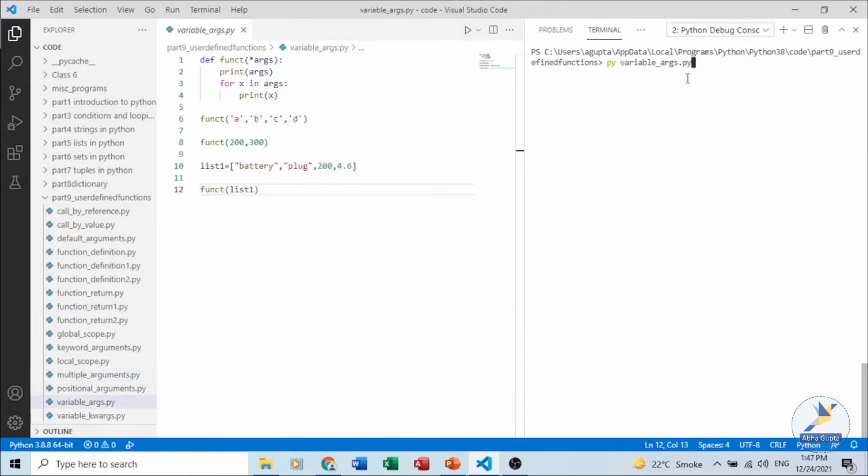Till now, when we were defining and calling a function, we knew how many arguments we needed to pass and how many parameters would be there for receiving those values. But in Python we can have variable length arguments also.